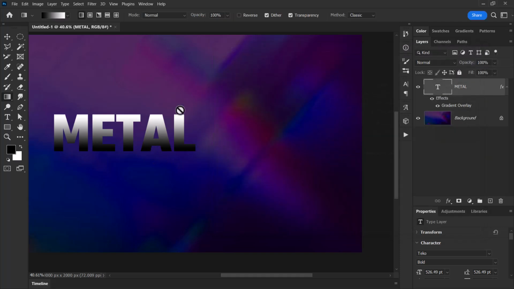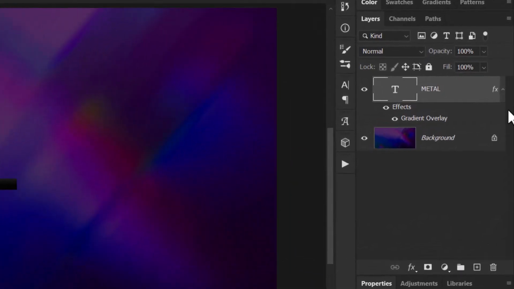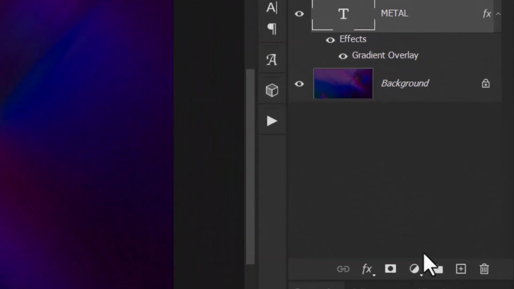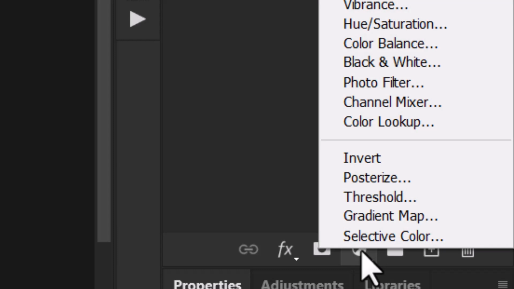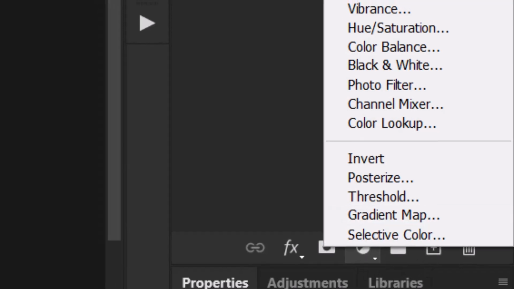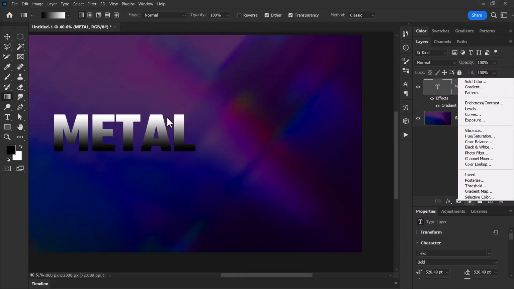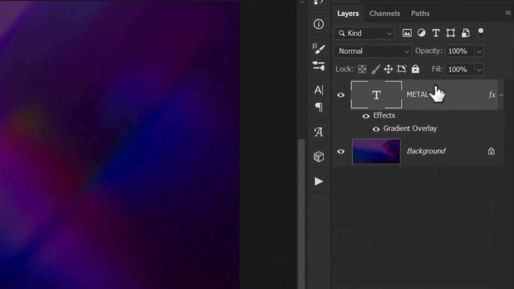So instead of adding a metallic gradient to the actual text, I'm going to add the gradient over the top of this, because what I can do is add a gradient map which adjusts the gradient along the spectrum from white to black. Now there's a few issues with this. If I go up here, I can create my gradient map, but it won't actually link up with this overlay over the top. So what I need to do is click on metal and go Control or Command G to